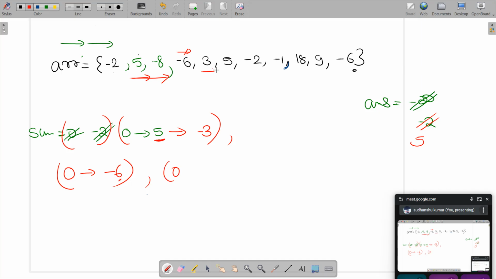Now 3. So from 0 it will become 3. Then 5. From 3 it will become 8. Now you see, I do not know till what point this positive element keeps on coming, and when some minus comes in between and breaks something. So let's say that this train moves a little bit forward here, -2.